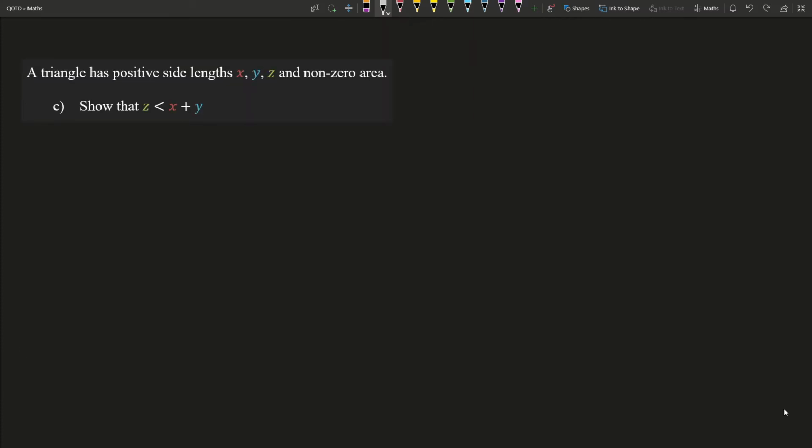Well, this part is more awkward. We have a triangle. We don't necessarily know which labels are where, but let's, for example, call this one Z, this one X, this one Y, and these could be any angle, of course. Well, one thing we do know is the cosine rule. And you may notice that z squared is equal to x squared plus y squared